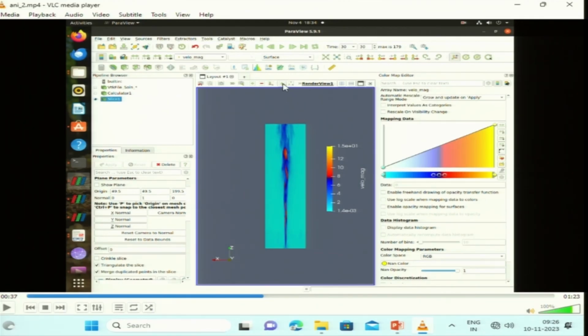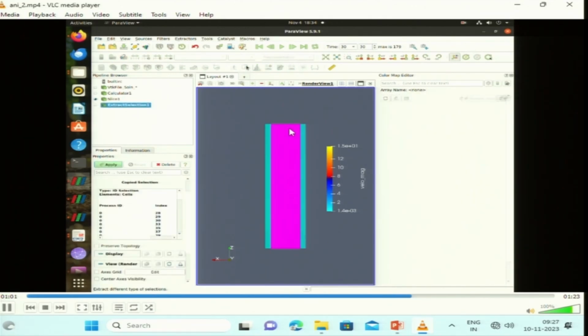Next, this is select cells. Let us say we do not need this whole working area, so we want to select some area. For that we will click on select cells and specify some area. Let us say this much area we have specified. And next, click on extract cells. So, you can see only this portion. Extract selection basically keeps this portion in your working area, and you can get rid of the rest of the portion.